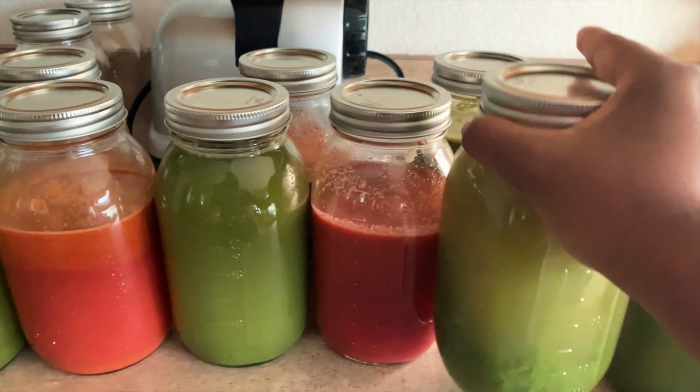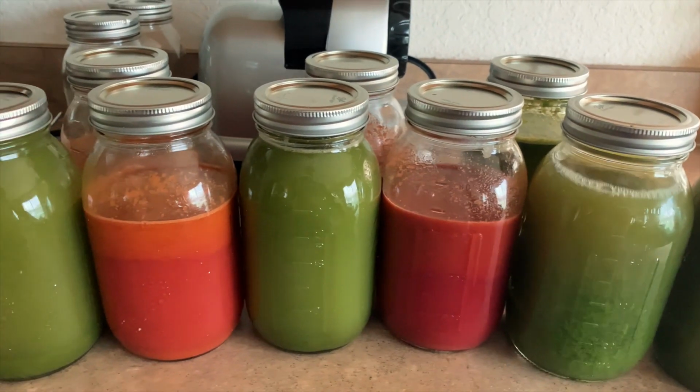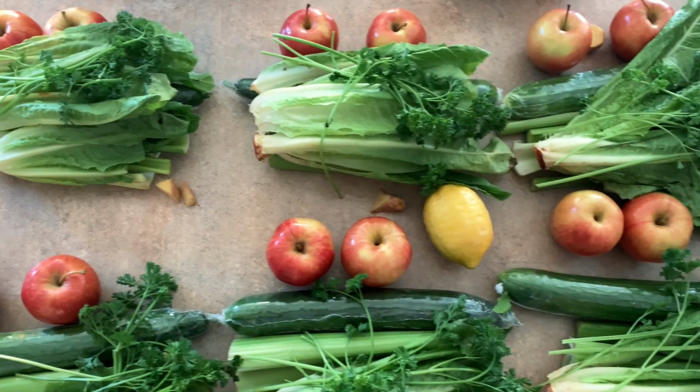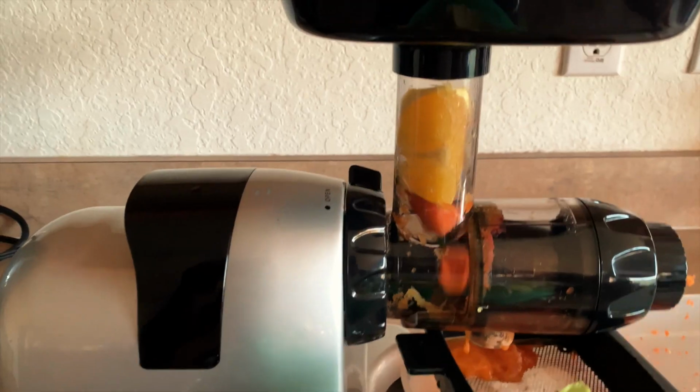Shake them up, put my straw in, and drink it. I'm just chilling this one. Quick hack if you're really trying to save money on juice. That was probably my only complaint with juicing is